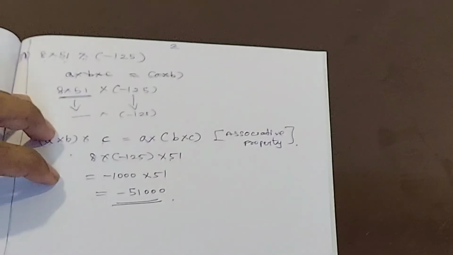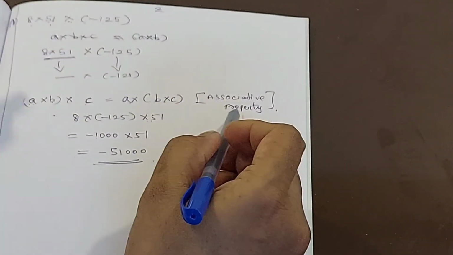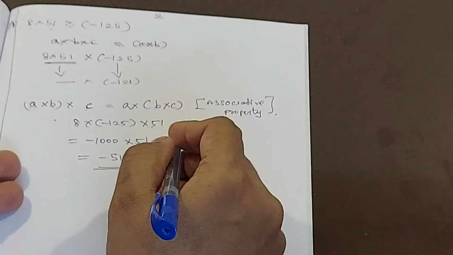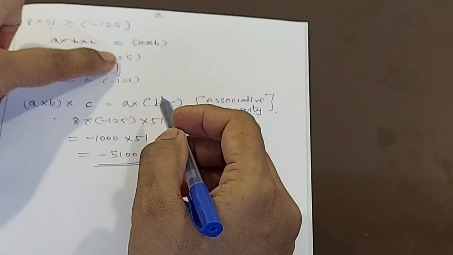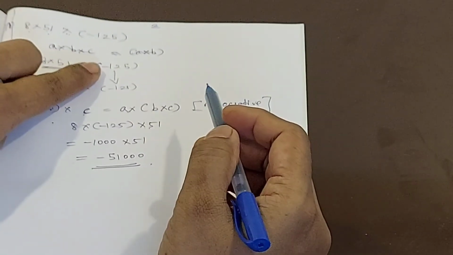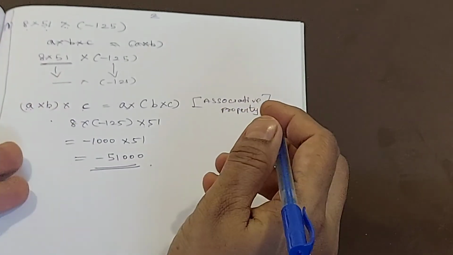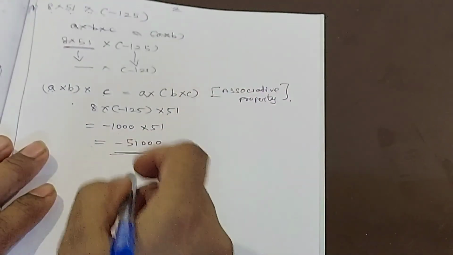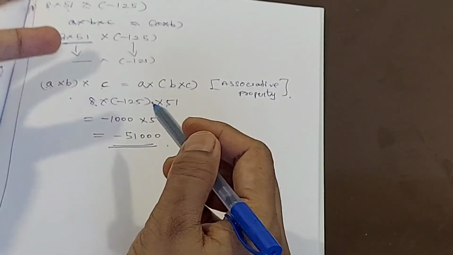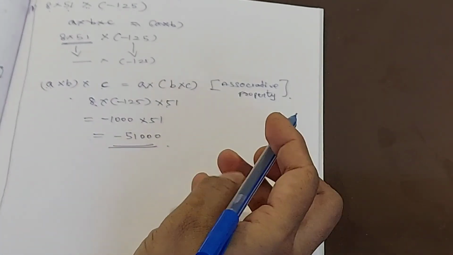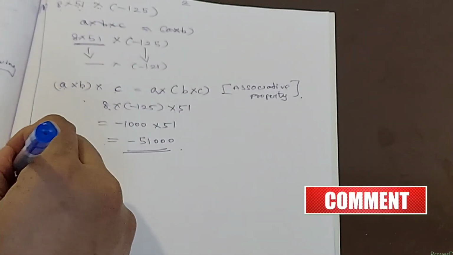Okay, children. Why are we doing this, do you understand? See, if you use this property, it will be easy to get the answer in simple steps. Otherwise, you have to multiply these two numbers and again multiply by the 125. Instead of doing that, we are using this property to solve the problem in an easy way. So we will get the same answer here, but we are doing it in a short way by using this property. Okay, children. Next, we will see the fourth problem.